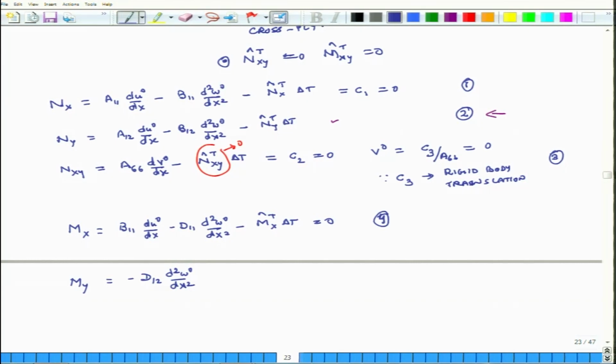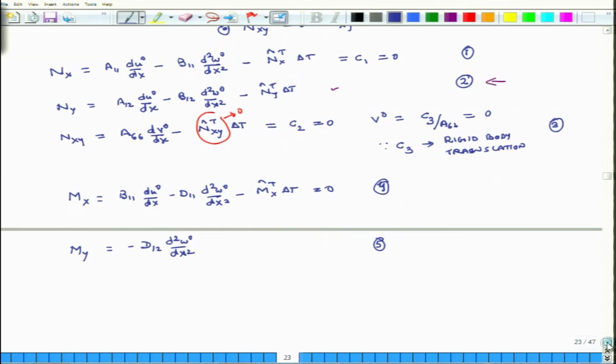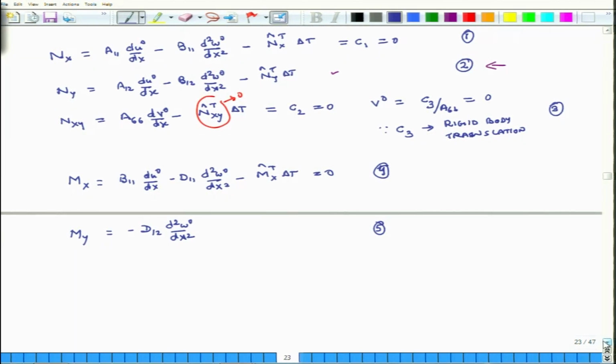So, b terms do not come into the picture, and for my the d terms associated are d12, so that is non-zero, and so is d2w over dx square, and then the next term would be d22 times curvature in y direction which is 0 because the plate is semi infinitely long in x direction, and the third term will be d16 times kxy. So, d16 is 0. So, this is the only term which is left, and of course, there is a temperature related term.